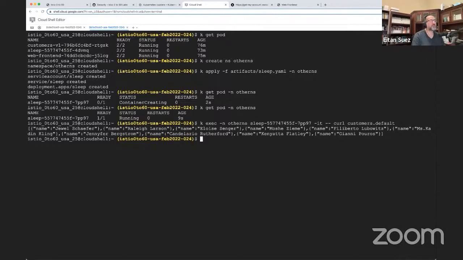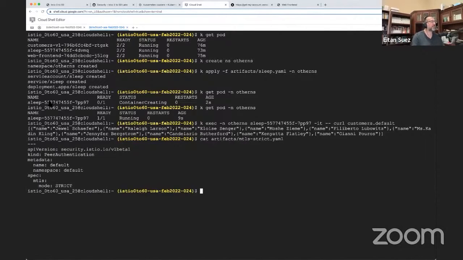So let's change that. Let's look at mtls.yaml and this little bit of YAML, which is an Istio CRD, by the way. And the way you can find out is the API version says security.istio.io. It's part of the Istio security module. We're applying the strict mode for anything in the namespace default. So if we do kubectl apply -f artifacts mtls strict,